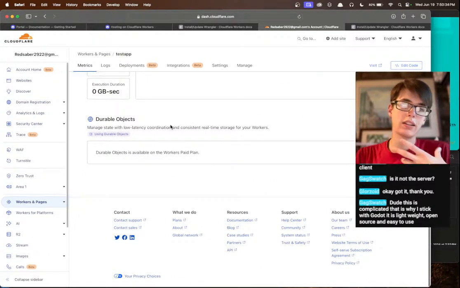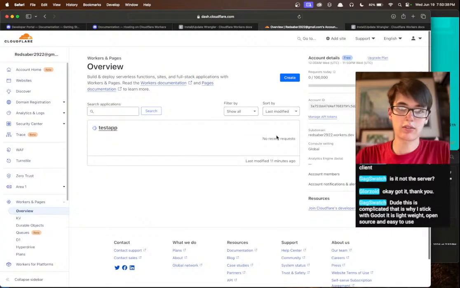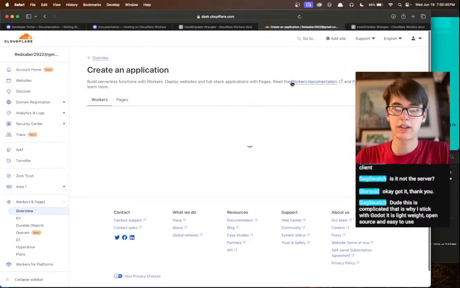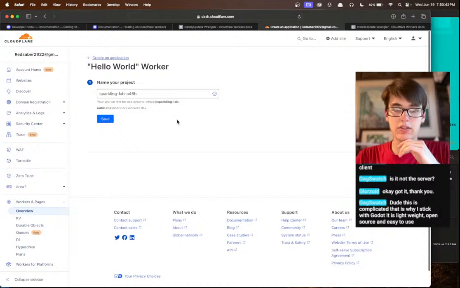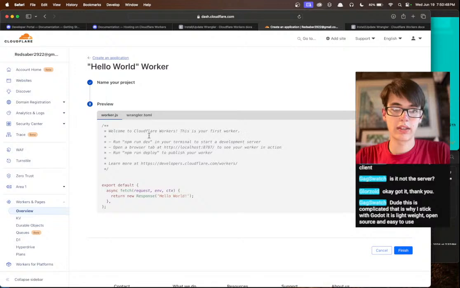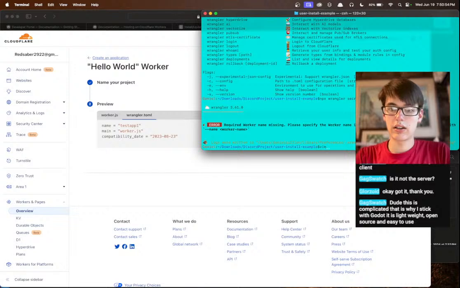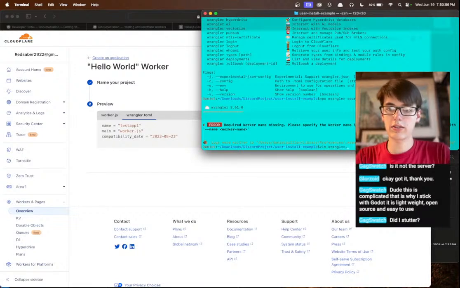I mean, that doesn't make it my fault, just to be clear. I think it's a group failure. Let's try again. Let's just create a new one. Test app1, save. Here we go. Let's just create this, vim wrangler.toml,